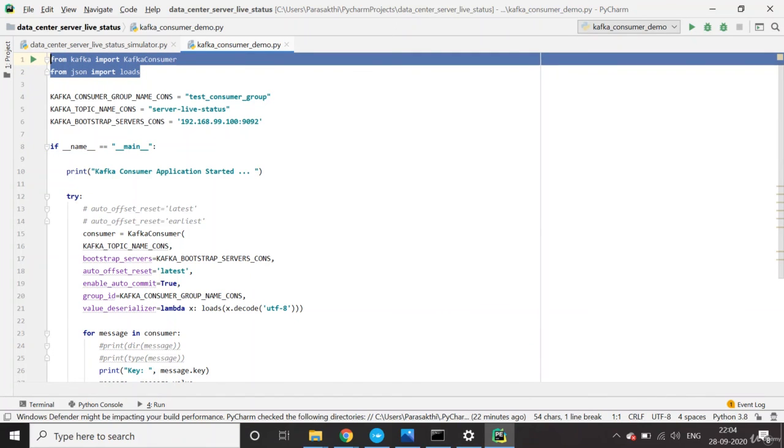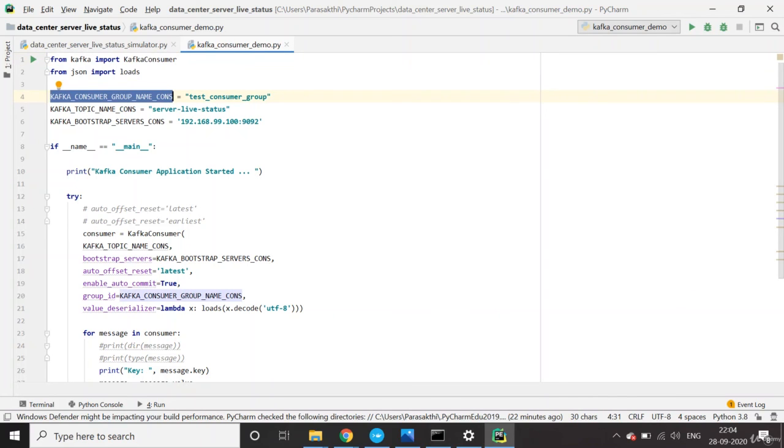You import the Kafka consumer class from the Kafka package, and you have a consumer group, Kafka topic and bootstrap server. Similarly, you have this main method to check the module name and then execute the piece of code.